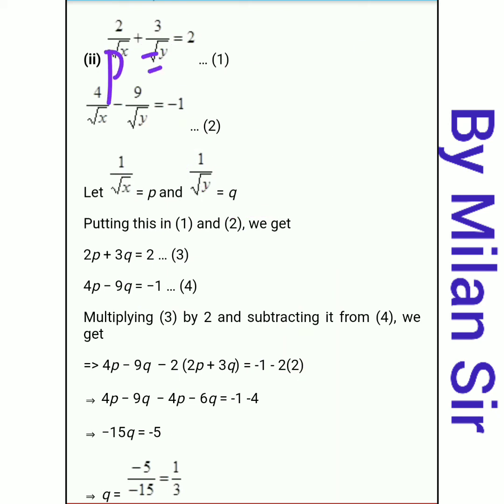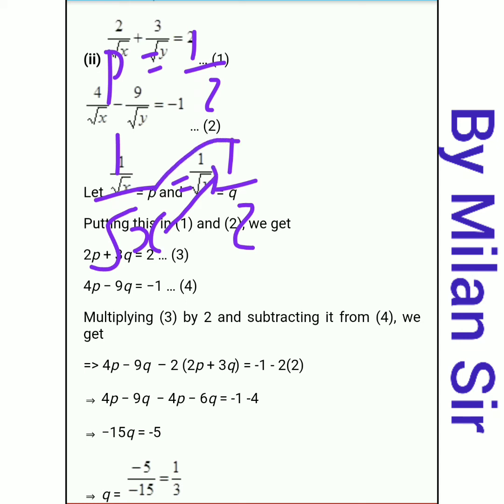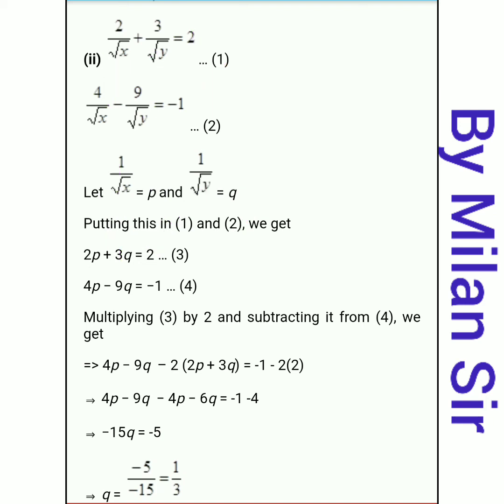So p is equal to 1 by 2, and put the value of p. It is 1 upon under root x, right? Because initially we assumed that 1 upon under root x is equal to p. So in place of p we can write 1 upon under root x. Okay. Now transfer this under root x to the left hand side and transfer this 1 upon 2 to the right hand side. Otherwise we can say that